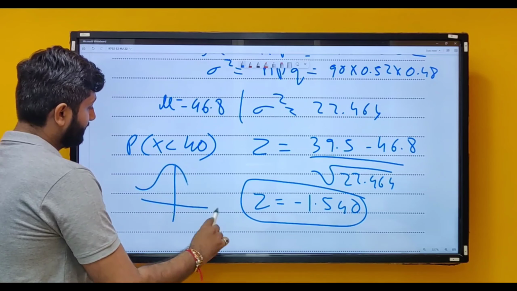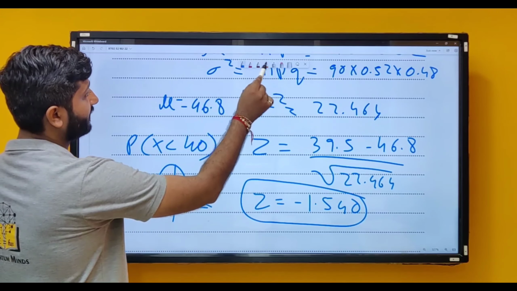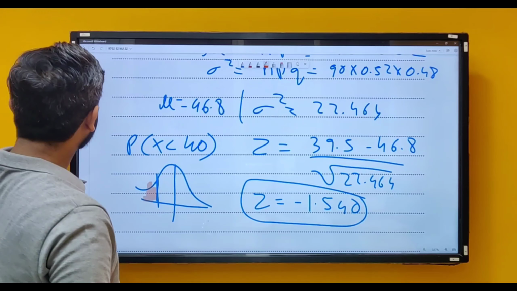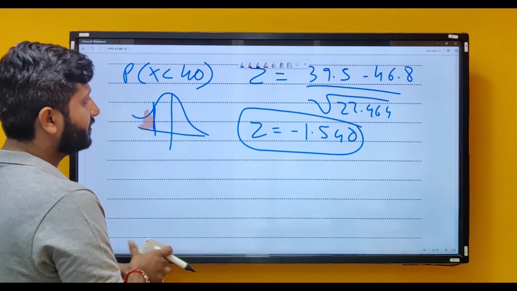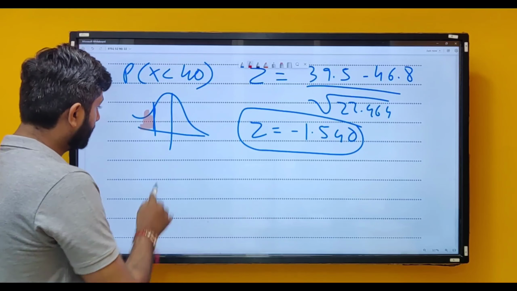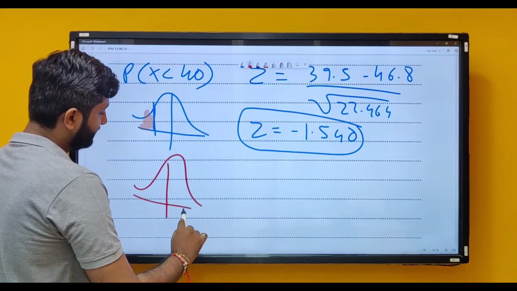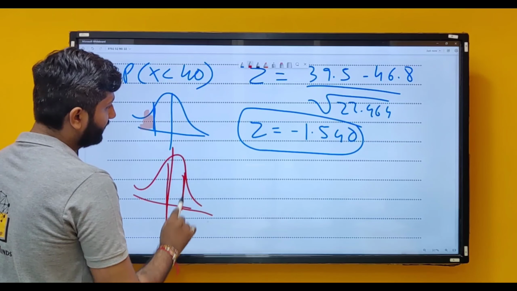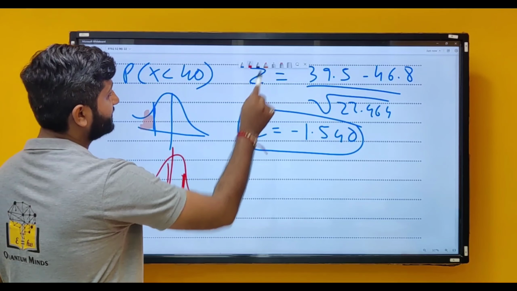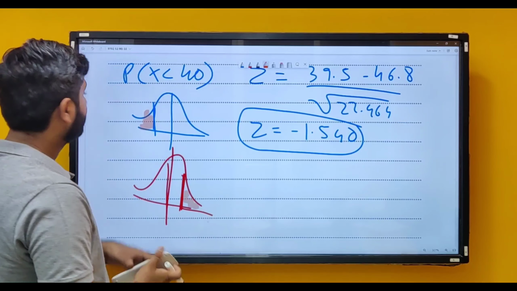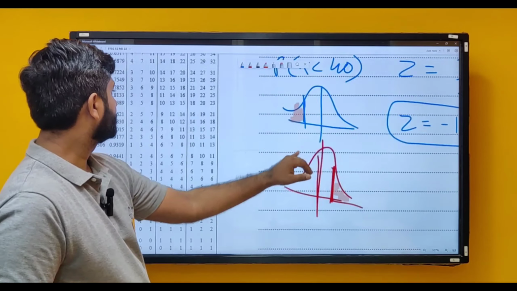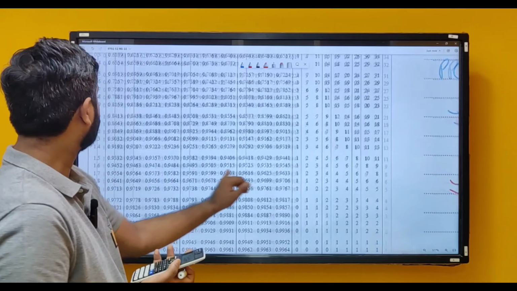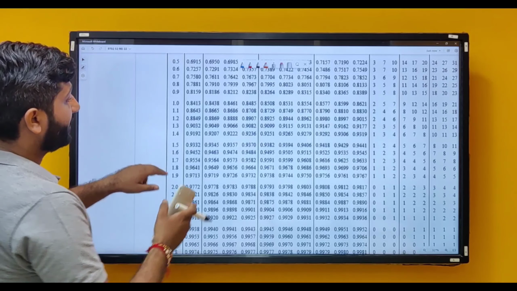So let's say this is my graph and I'm supposed to find less than, meaning this region. We already know, guys, that the normal distribution table cannot give us negative values. So what do we do? We flip the graph, right? And this value will now become 1.54, and we'll find this right hand side region, right? Let me use the table of normal distribution for 1.540. Okay, so 1.54 will do. 1.5 and 4,